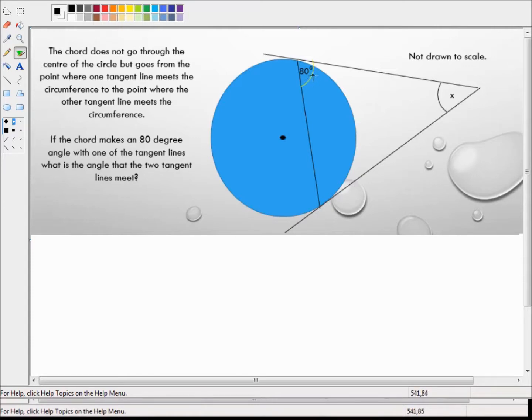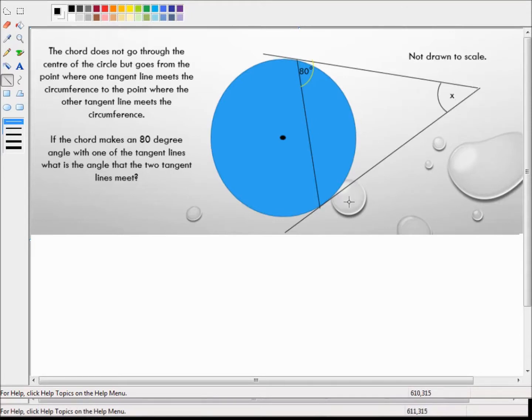Now, there is a circle theorem that talks about tangent lines touching the circumference and being 90 degrees, and that might cause confusion, but that circle theorem says that a tangent line meets a radius at 90 degrees. It's perfectly okay for a chord to meet a tangent line at something other than 90 degrees. It's only the radius that has to meet the tangent line at 90 degrees. Okay, so that being cleared up, what do we know about tangent lines that meet at a point outside of